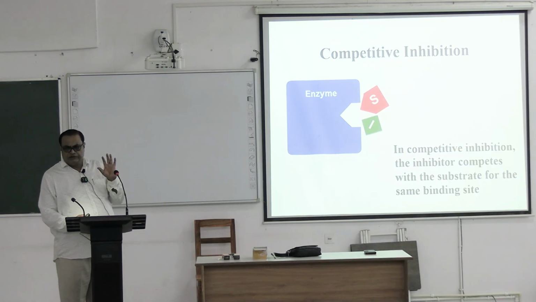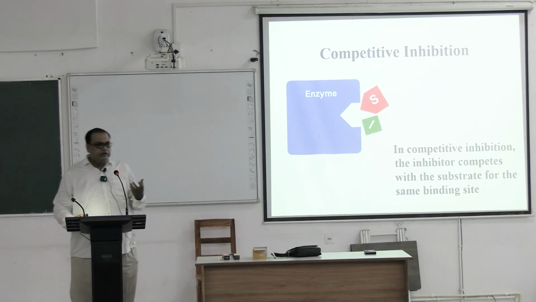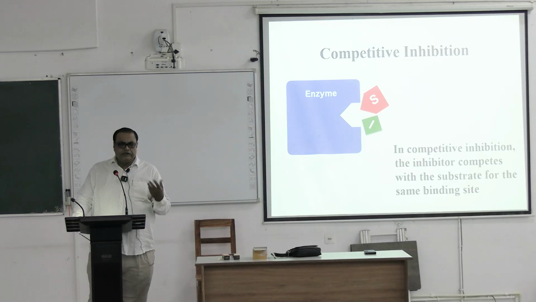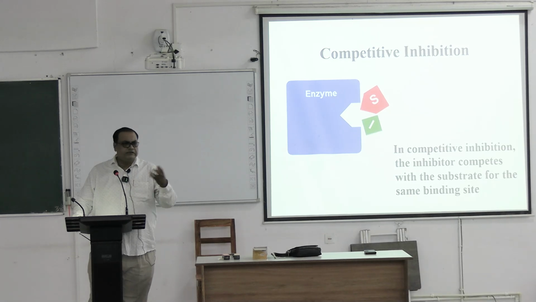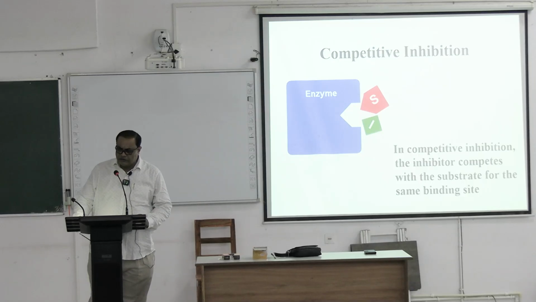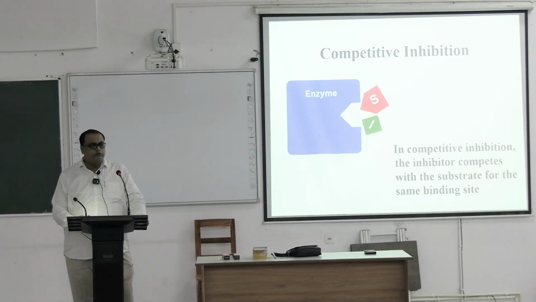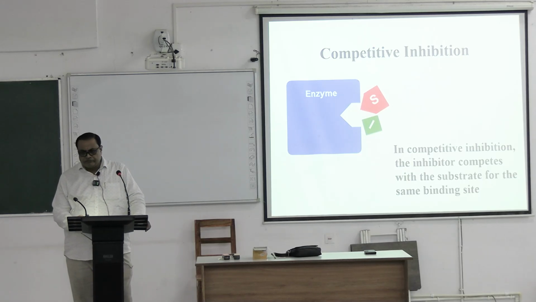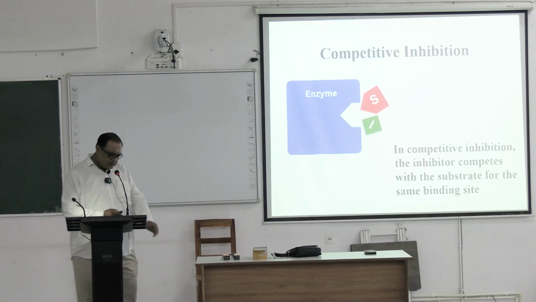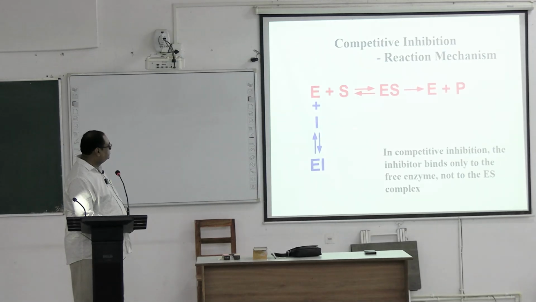Alright. So under the competitive inhibition, you must first explain what you mean by competitive inhibition, in one sentence only. Competitive inhibition means the substrate enzyme interface is similar to that of the inhibitor, right? And it competes with the substrate for the same active site, right? Next, you must write this flow chart: E plus S, both side arrow, ES, E plus P,